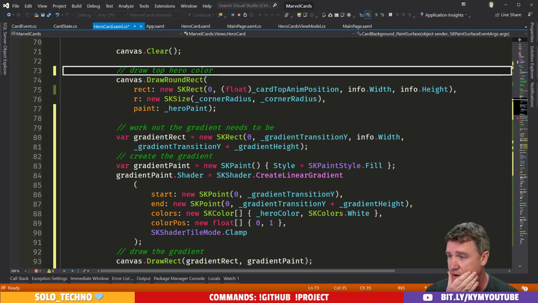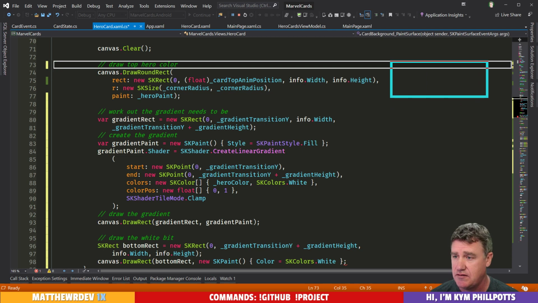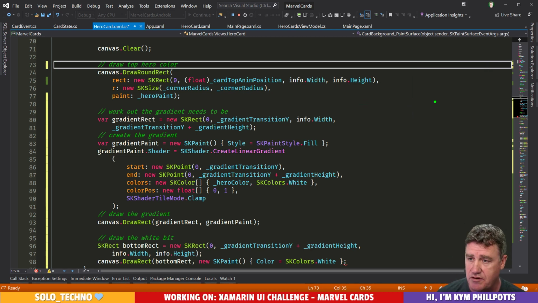Okay, so if we reduce the font size here so I can see it all. So if we think about what this is doing, drawing the top color, drawing the gradient wherever it needs to be, that bit's animating up and down. So this is drawing over top. So it probably doesn't matter that this actually, so technically speaking, I think what we're trying to do here is,